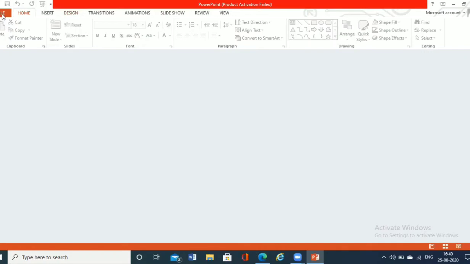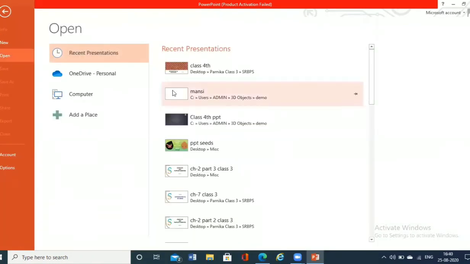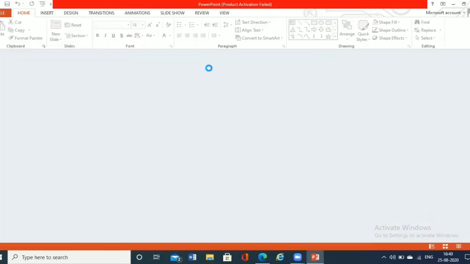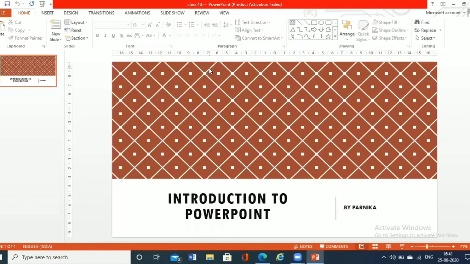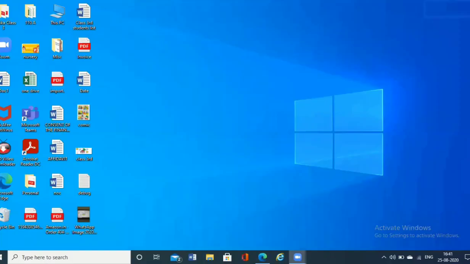But if you wish to close the whole MS PowerPoint file, as well as the software and the presentation, then you have to go to the control buttons on the right corner of the screen. Under these control buttons, there is a close option. You have to click on close. As soon as you click on close, your presentation as well as the application get closed. So this is how we can open a new PowerPoint presentation, work on it, and then save it and exit.